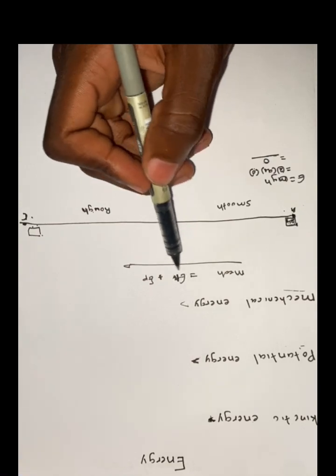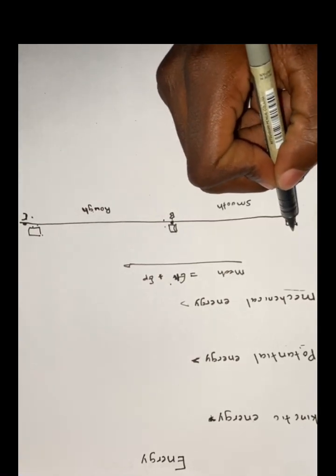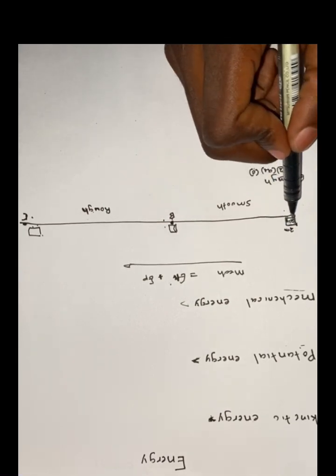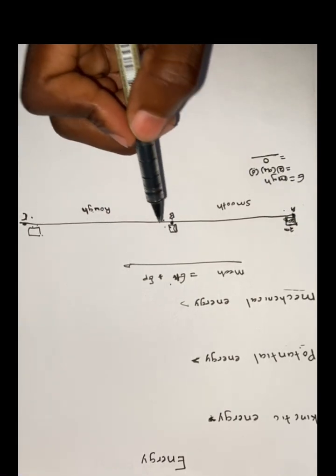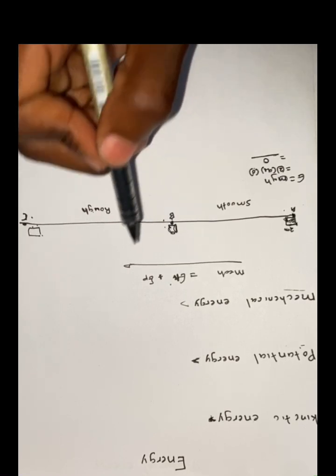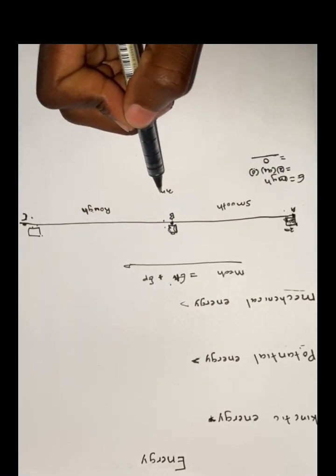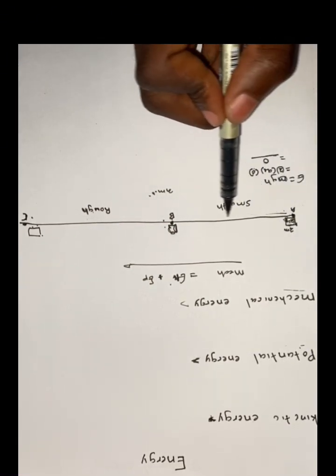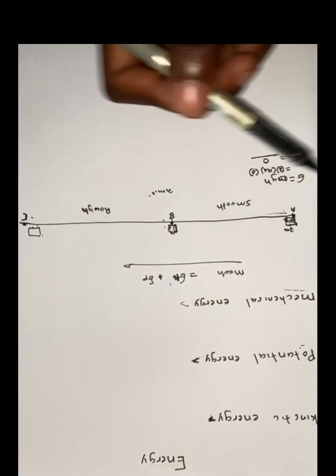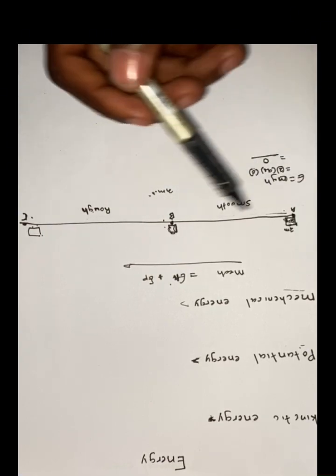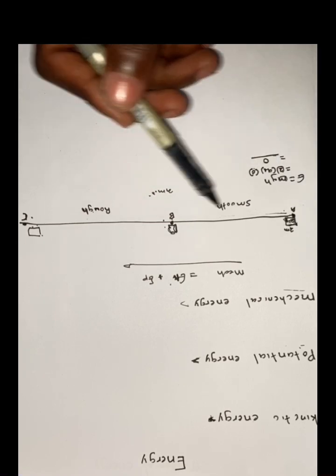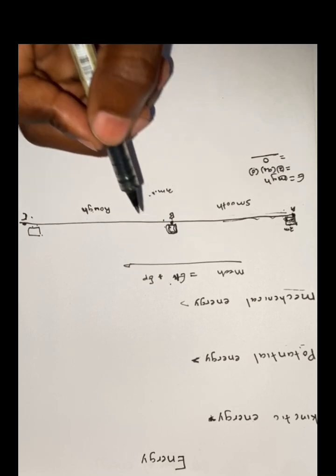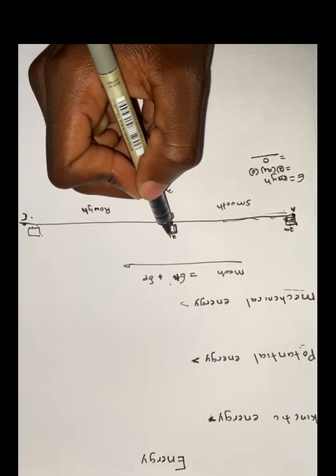Okay, let's go for the kinetic energy. If the object starts moving at 2 meters per second, and it moves from point A to point B, what will be the magnitude of the velocity at point B? Still, it will be 2 meters per second. Why? Because it is moving along a smooth horizontal surface. There is no force that opposes the motion, which is the friction force. It is smooth. So that means at point B, it will also have a magnitude of 2 meters per second